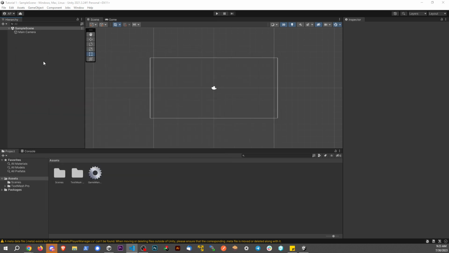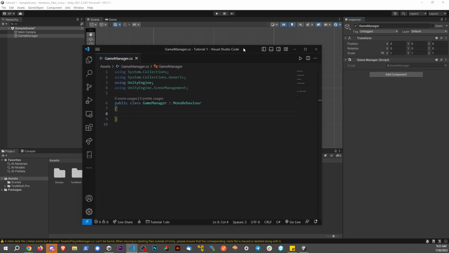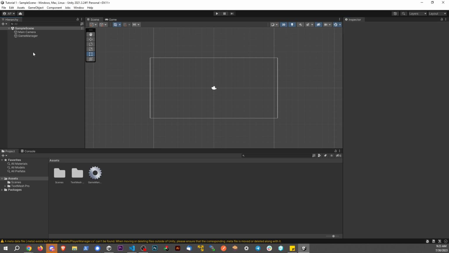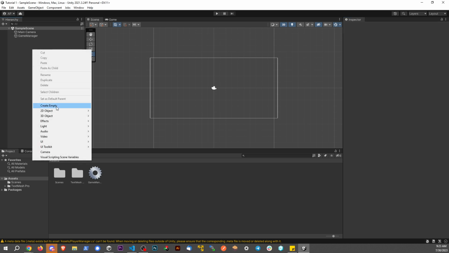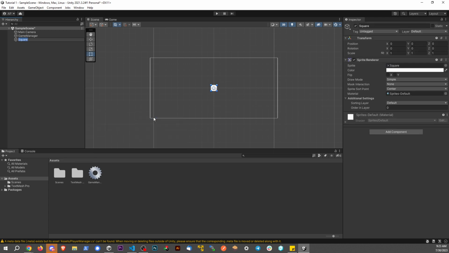What I'm going to do is right click in the hierarchy, click on Create Empty, and we're going to call this Game Manager. And we're going to drag and drop the Game Manager script on here. Now do keep in mind here, the Game Manager script is completely empty right now. There's really nothing to it. Now we're also going to go ahead and right click, create empty, 2D object, sprites, square, and let's call this